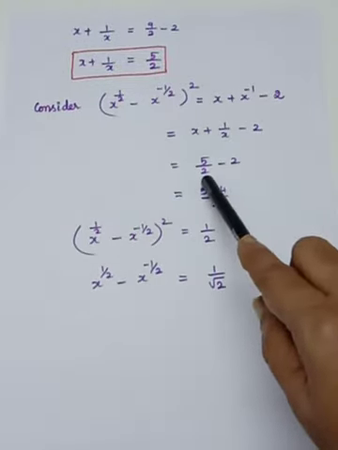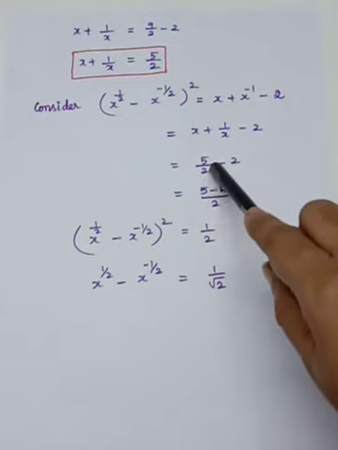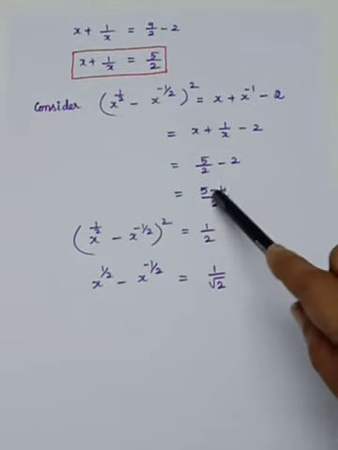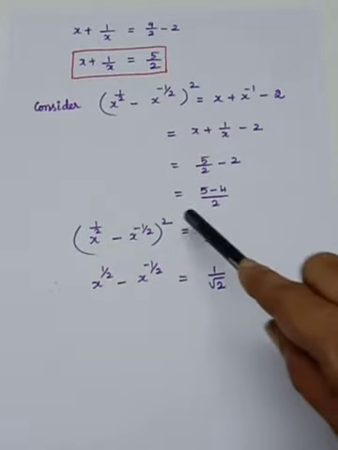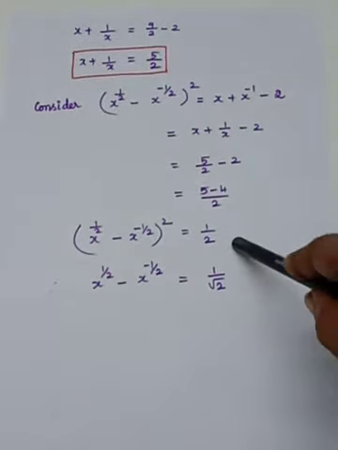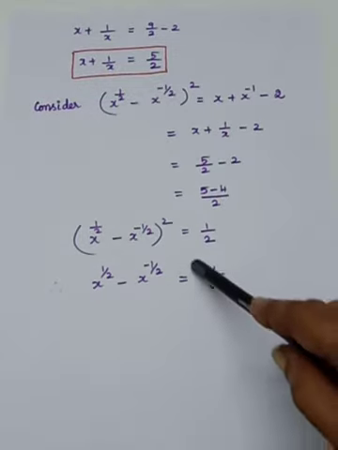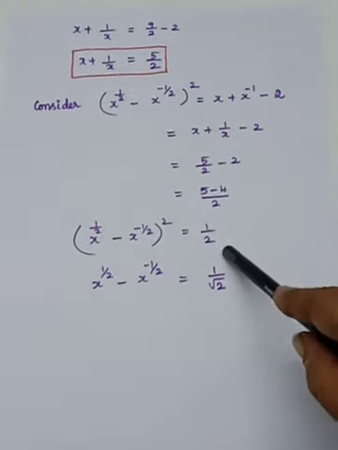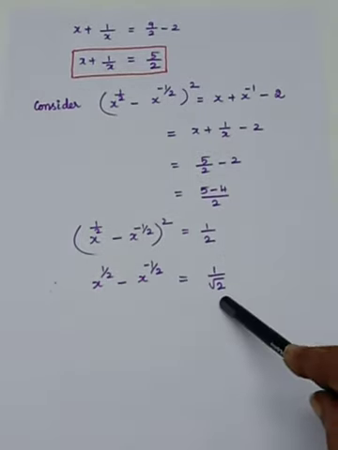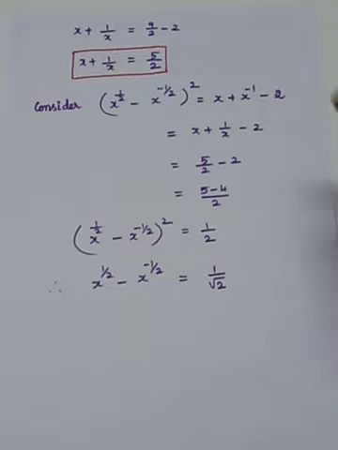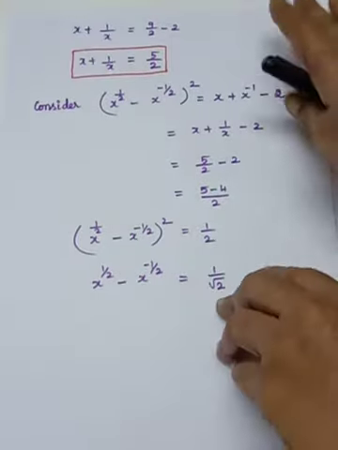What will be the LCM? 2 is the LCM. So, here you are having 5. So, when you multiply these two, it is 4. So, 5 minus 4, that is 1 by 2. Okay, the square of this is equal to 1 by 2. Now our question is only this term. So it is a square root of 1 by 2. Square root of 1 is 1 and square root of 2 is root 2. So you are getting the answer. Okay, and you see next one, next problem.